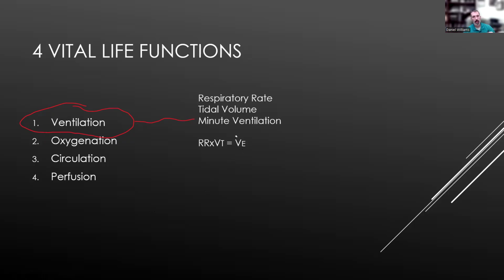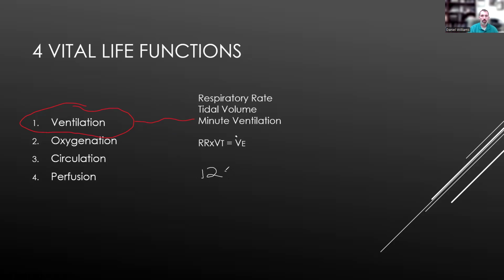So you've got the total amount of air that moves in and out of the lungs over the course of a minute. If you take your respiratory rate and multiply that by your tidal volume, that's going to give you the answer of how much volume gets circulated through your lungs within 1 minute. So if we base things off of norms, and for the sake of keeping math relatively simple, if I have a respiratory rate of 12,